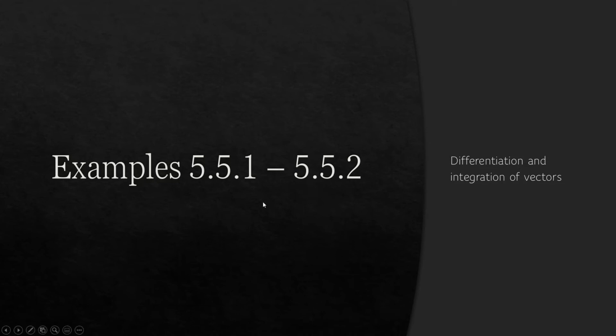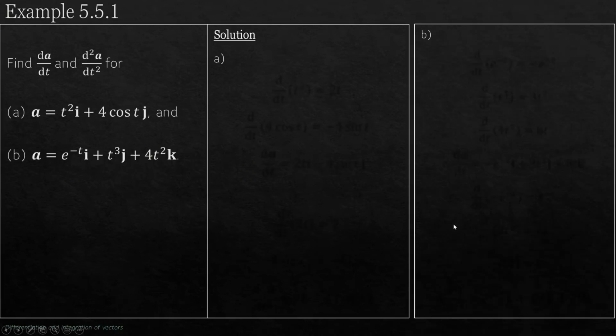In this video, I'm going to cover both examples 5.5.1 and 5.5.2 on differentiation of vectors. Here we're given two vectors and we need to find the first derivative with respect to time and the second derivative with respect to time. So for part A,